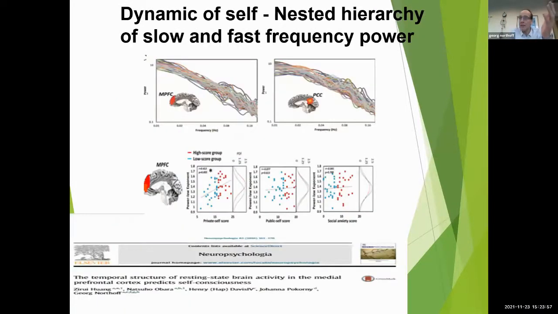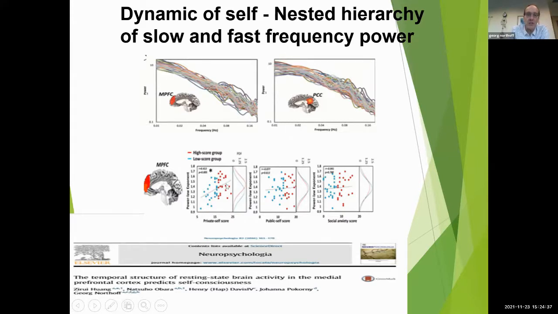So why is that relevant? Because what we did, just in the resting state, we put people in a 10 minute resting state in fMRI, and then we also applied a self-consciousness scale. This is a psychological scale to probe your degree of awareness about your own self, about your private thoughts, your social thoughts, and your public self. And what we found is that particularly these cortical midline regions, you can see here the medial prefrontal cortex and posterior cingulate, so the core midline structures of the default mode network,